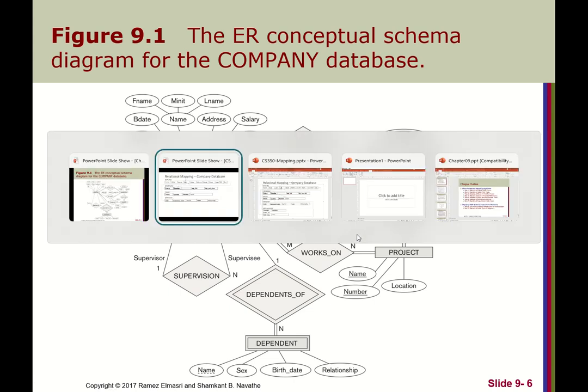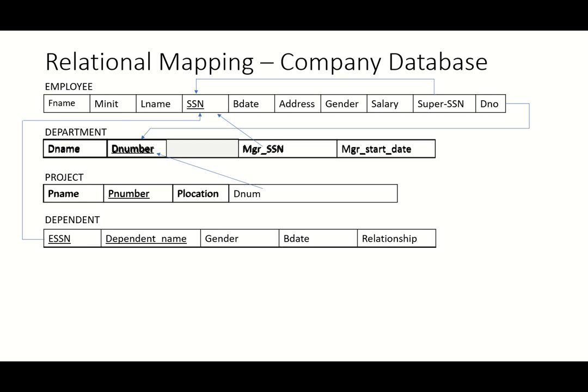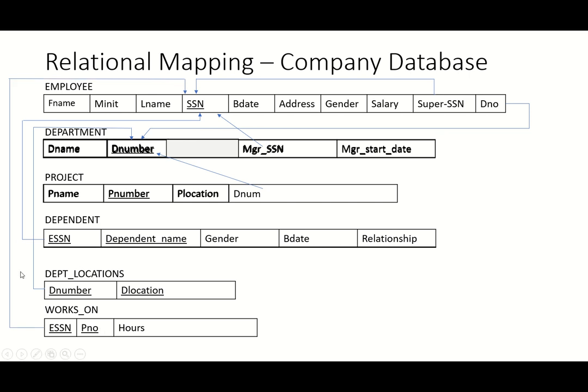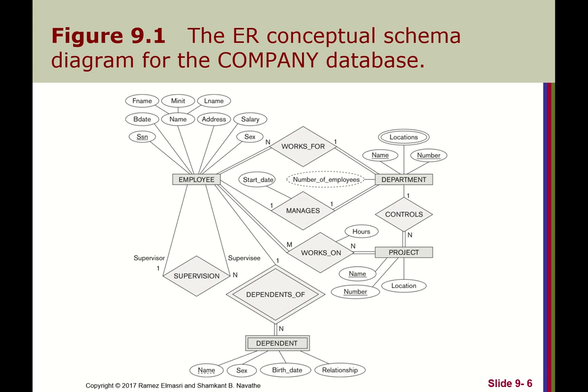So let's see how it looks in the relationship diagram. This is the works on. So what are the attributes of works on? Primary key of the employee table, primary key of the project table, and then the attribute of the relationship. So foreign key reference, can you see the ESSN refers the SSN in the employee table, and the PNO refers the P number in the project table. Okay. Now the next step is